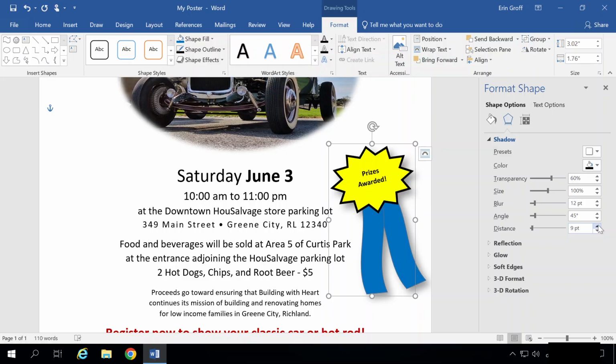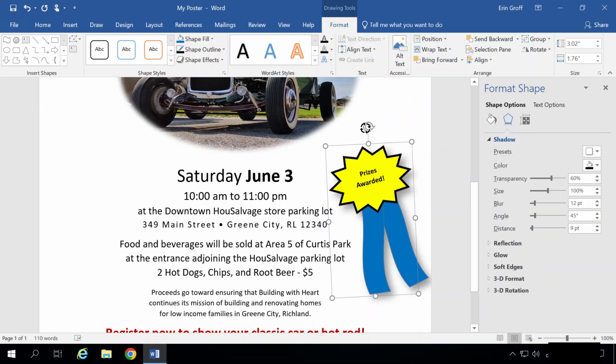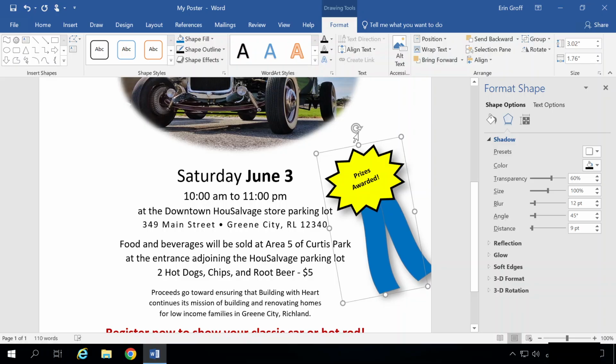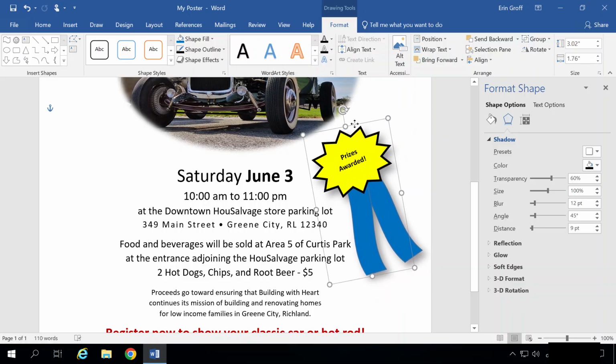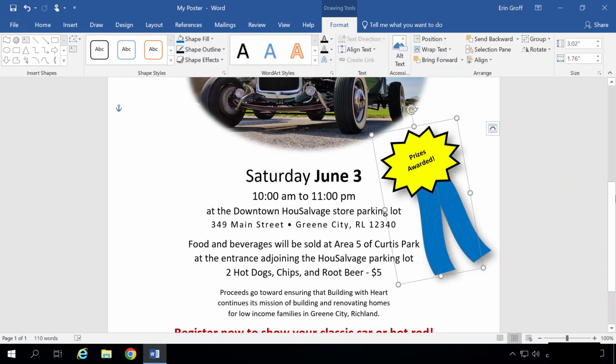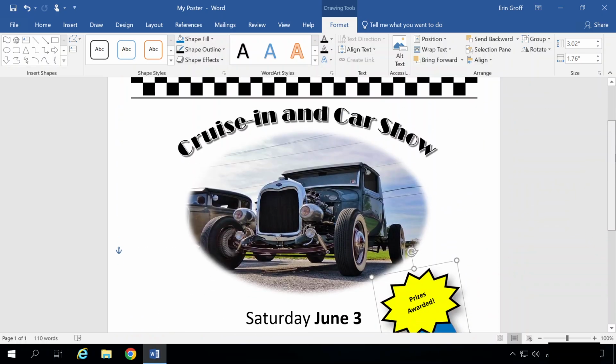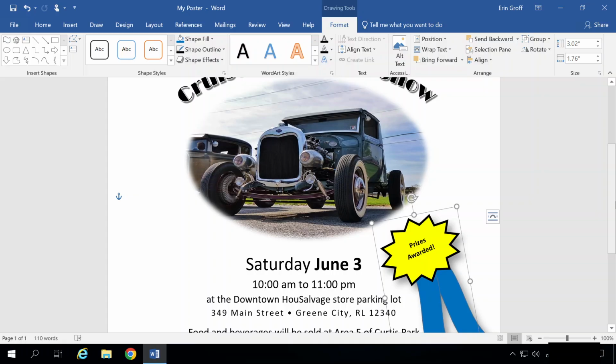And last step, number 11, resize, rotate, and move the ribbon group until you are pleased with the poster layout. I'm just going to give this a slight rotation more to the left here, and I'm going to bring that up a little closer to my car image. Again, yours doesn't have to be exact, just get it to a place where you feel it looks good. I can close my Format Shape pane out, and now we have our ribbon graphic included